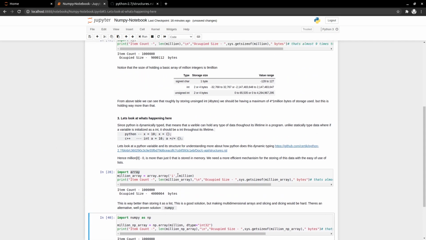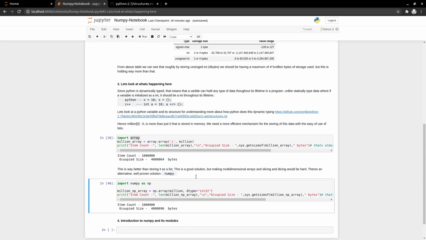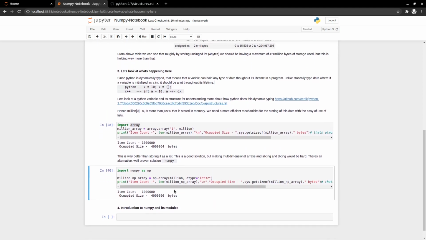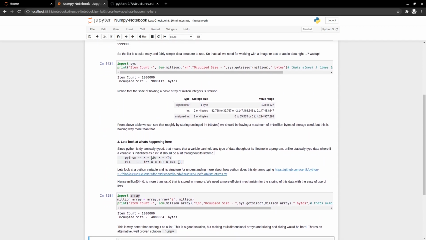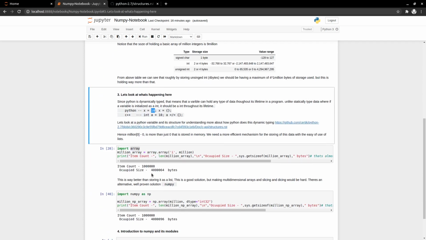Hence this whole thing comes into the picture because we are trying to access, store and work with a lot of data in memory, and traversing, slicing, or doing some specific tasks on this large array of numbers would be expensive if each item is occupying more than it's supposed to. I don't need the object type and size when I'm working with a list of a million objects, when I already know it's supposed to be just a list of numbers. I don't want to keep that extra information. So the alternative that's proposed is NumPy.